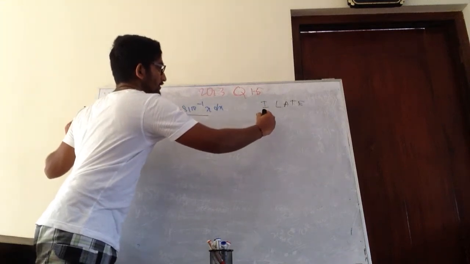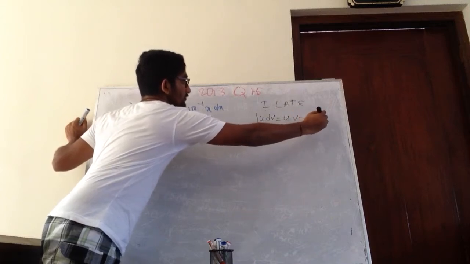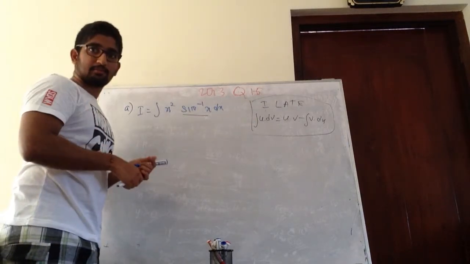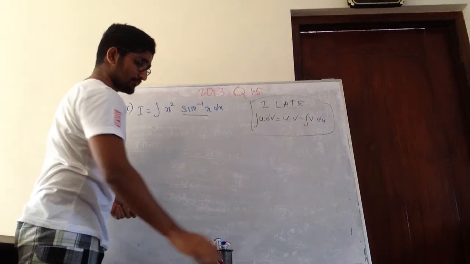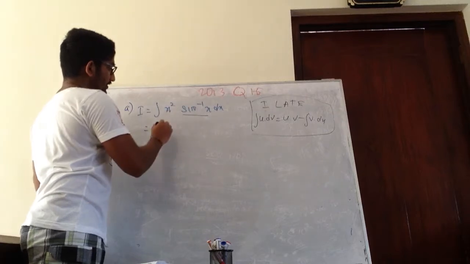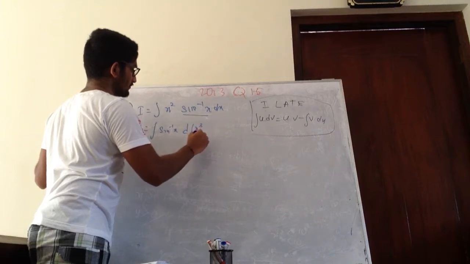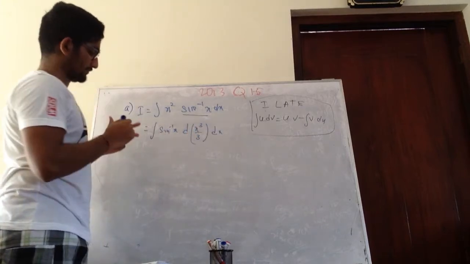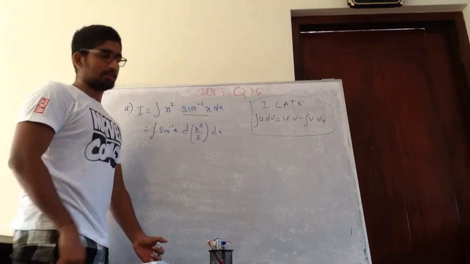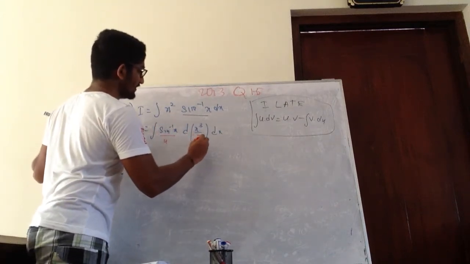So how you do it is the integral of u dv is equal to uv minus the integral of v du. Correct? So this is basic theory, a basic theory reminder. Right? So let's do it now. Now, what will we get? So I'm going to take this as u. Now this is basically u, this is basically dv.